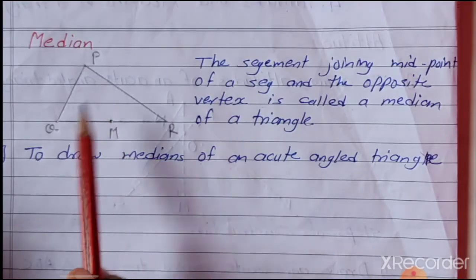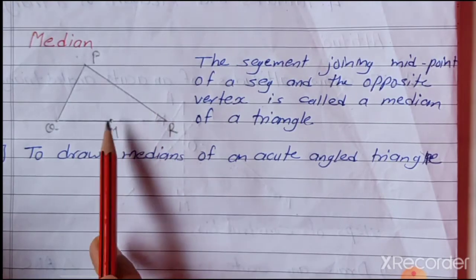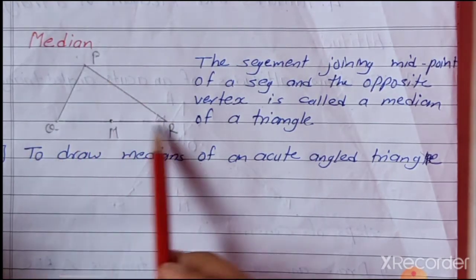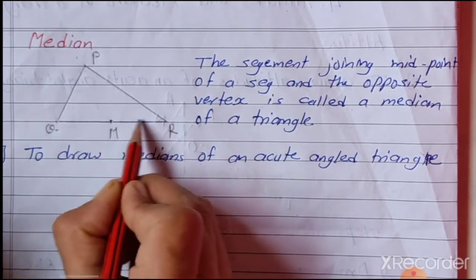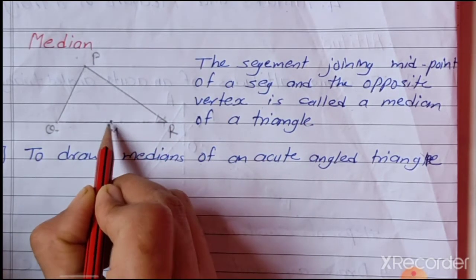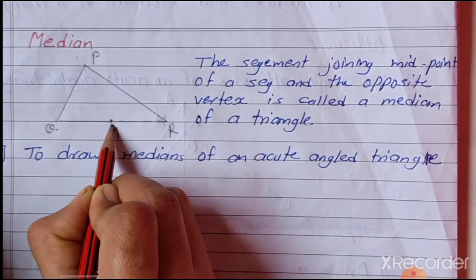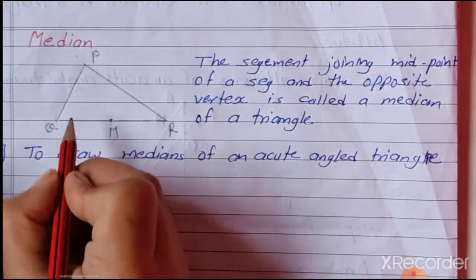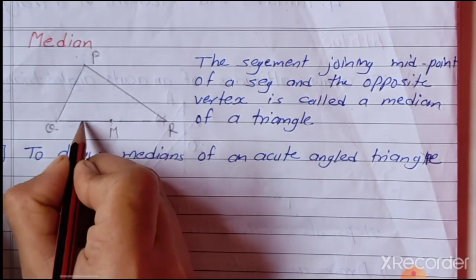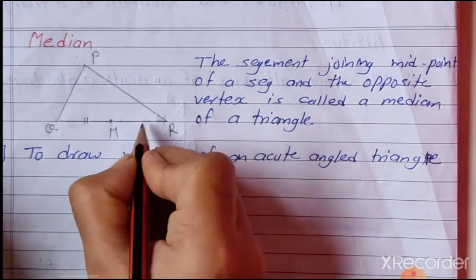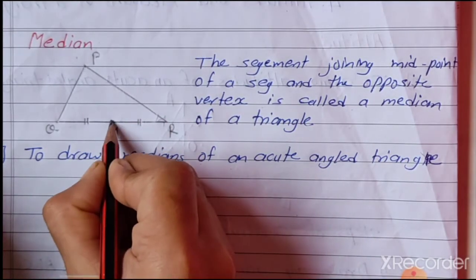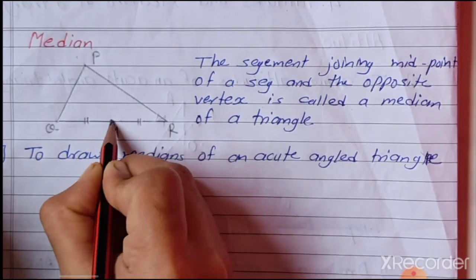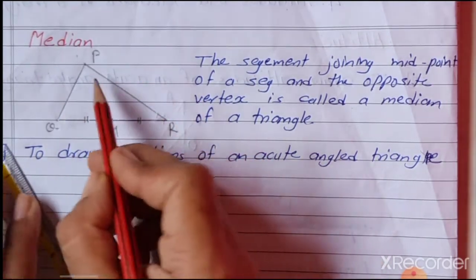Next point is median. In this triangle, this point M is the midpoint of segment QR. You can find this midpoint by using a perpendicular bisector. Due to this midpoint, segment QR is divided into 2 equal parts. If you join this midpoint to its opposite vertex P,